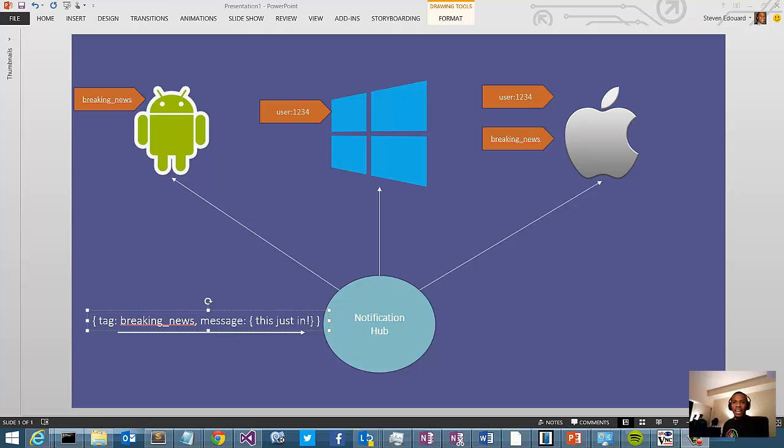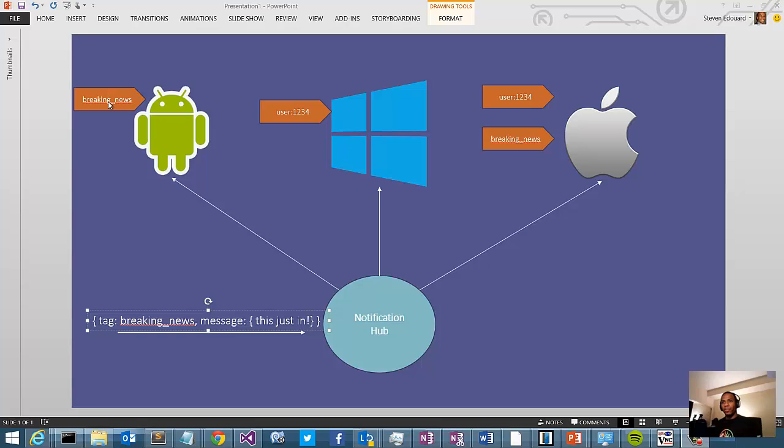I want to talk about how Azure Mobile Services just recently integrated with a service in Azure called Notification Hub, which allows you to create cross-platform, scalable notifications across a variety of platforms, all the big guys, so Windows, iOS, and Android. Each of these devices can register their native token, whether it's Android, Windows, or iOS, and with that native token, they can associate a tag to it with Notification Hub